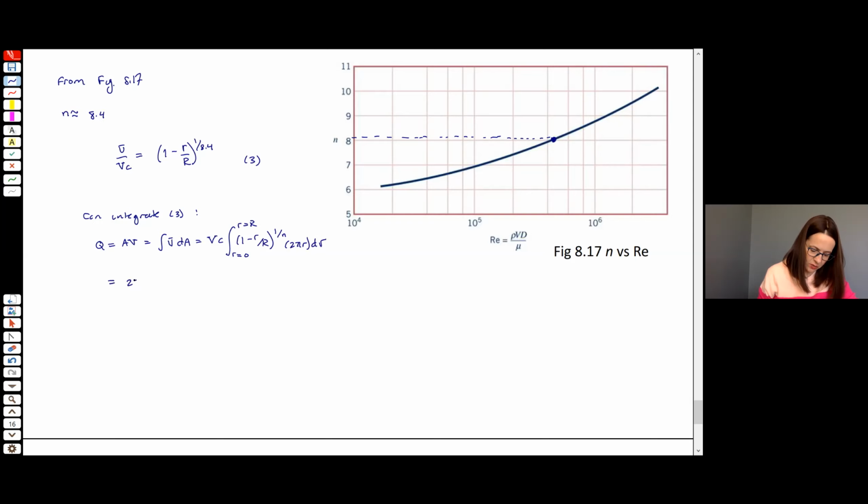And we get 2 pi R squared V centerline times n squared over n plus 1 times 2n plus 1. Notice we went back to using the general form with n instead of using 8.4 in place of n. Now, plugging in that value,